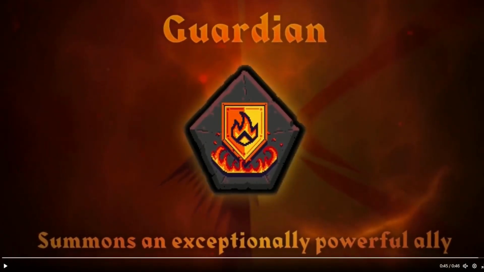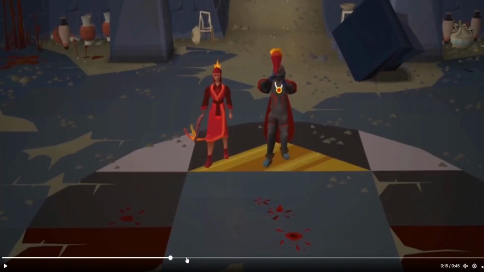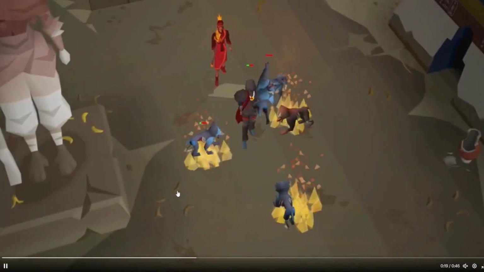The Guardian Relic, which is basically just a thrall on steroids. It summons an exceptionally powerful ally, is what the description of the relic is. And if we actually cut back through the video at different parts, it looks like you'll have the ability to pick its combat style. For each of the different clips, one here in the monkey room, it throws out like